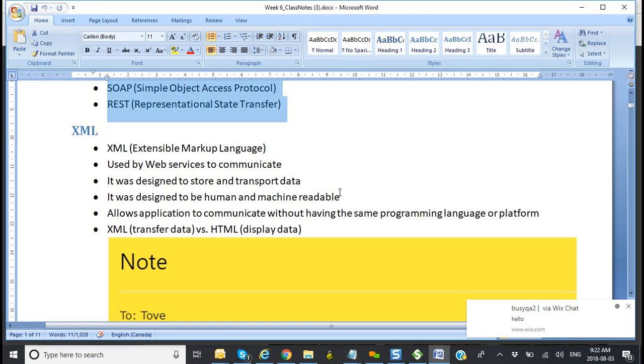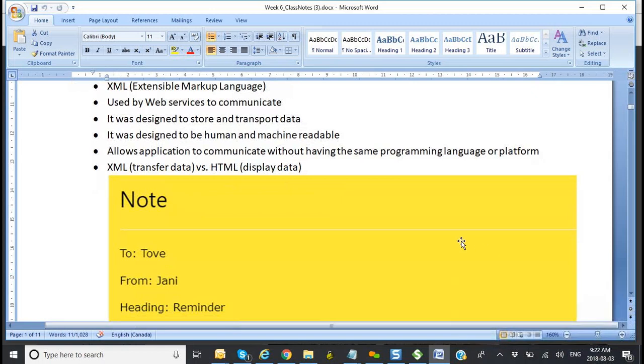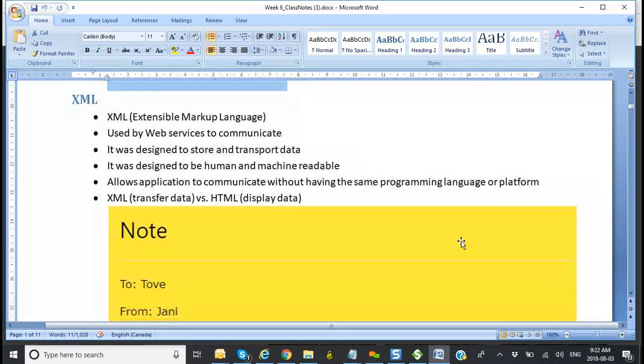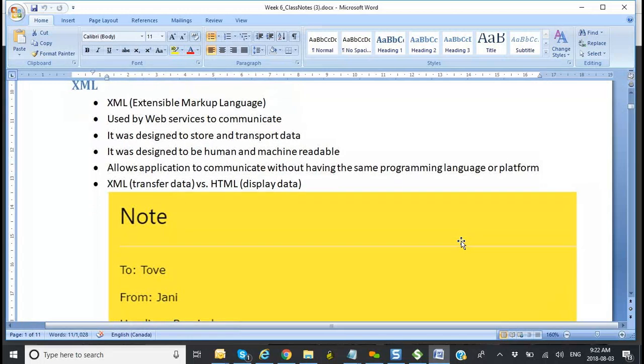Sorry, SOAP web service. SOAP web service uses a language called XML. And you might be thinking, why did we choose XML? There are different languages. For XML, I think I needed more